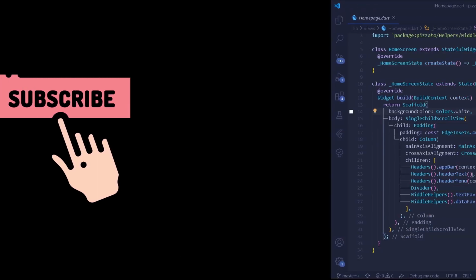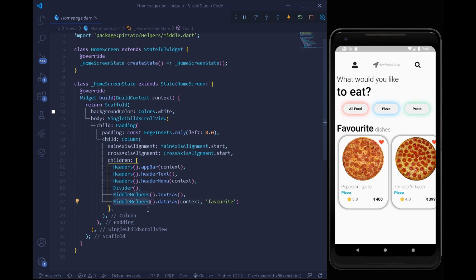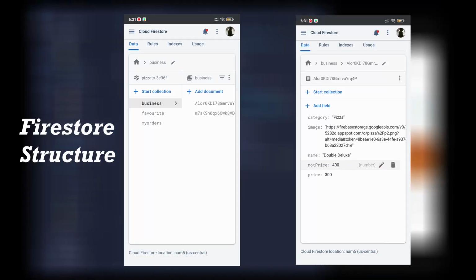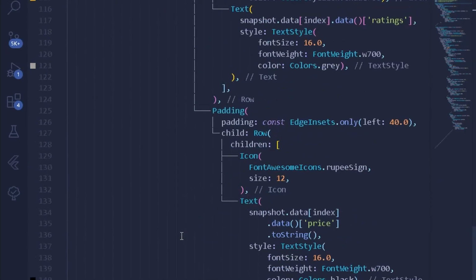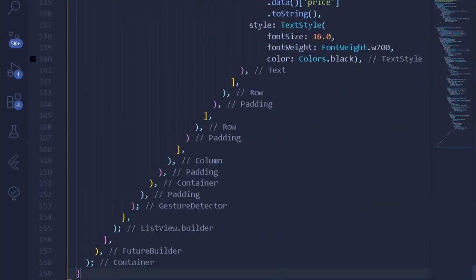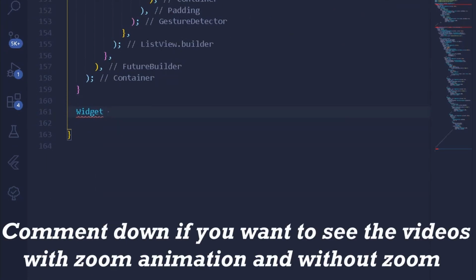So in this video, we are going to implement the following business things. For that, if we observe under our middle helpers, we will be needing one more widget. So let's create that widget first. Under our middle file, we had simply implemented the following thing, so we can simply come down here and write one more widget. Let's name it data business.